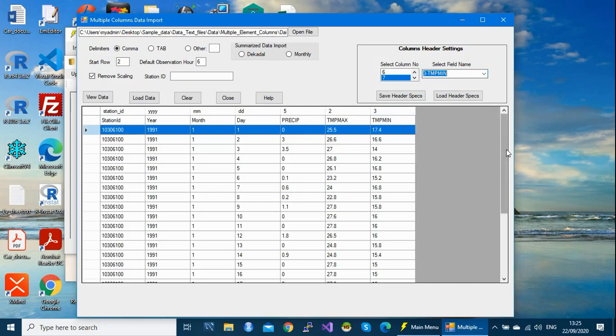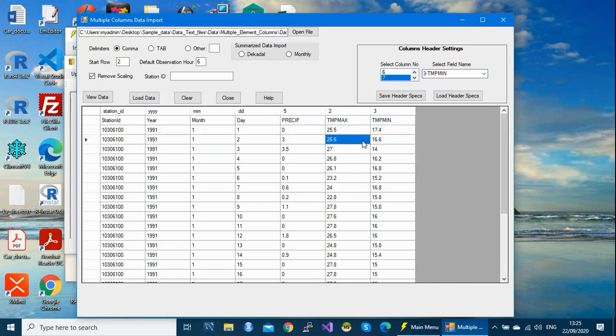So we have matched successfully. As I told you, we need to save the header specs, because if we have another file with the same structure, instead of defining the headers, we can just load the headers on top. That's why it is good to click on save header specs.